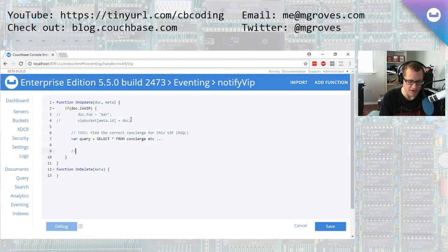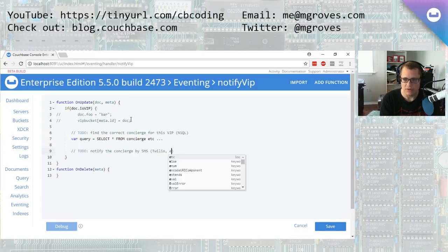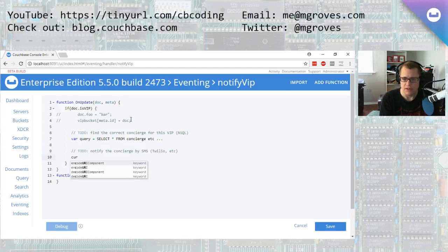So I could find the concierge, then I could say, okay, notify the concierge by text message. And I could do this with Twilio or some other third-party service. And the way I do that in an event like this is I could use the curl function, which I don't know why it's not coming up in the code completion, probably because of my poor syntax. But there's a curl function here I could call right here in JavaScript to actually hit a URL with some sort of body,